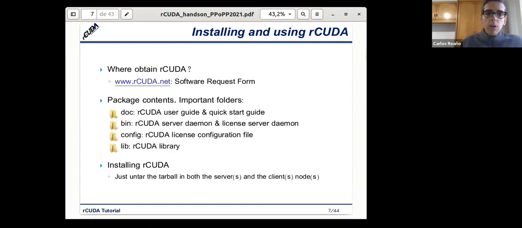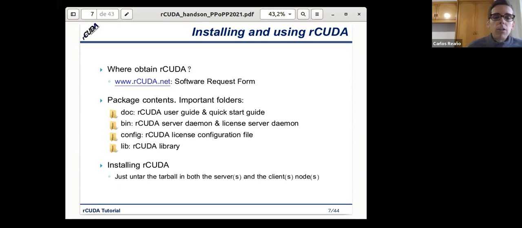Okay, where can we obtain Arcuda? You just need to go to the website arcuda.net, click on the software request form, fill in that form, and you will receive a copy of the software. The package contains different folders.